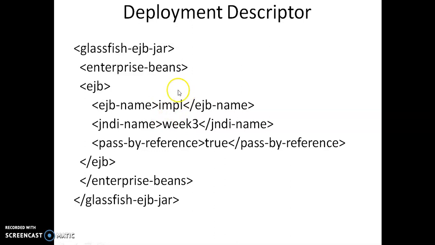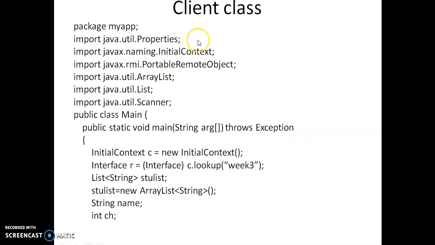So here you need to write the implementation class and also your project name, the whole project name, week 3. With the help of these two, our files will be accessed by the EJB. Then the fourth one is what? You have to write the client class. Client class is the class where we will be interacting with the remote server. The client is where we will be searching for a service by using this class.